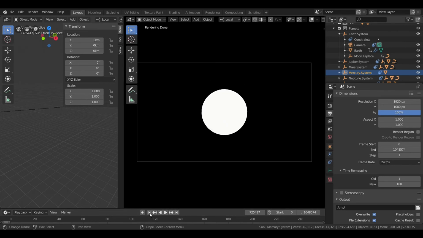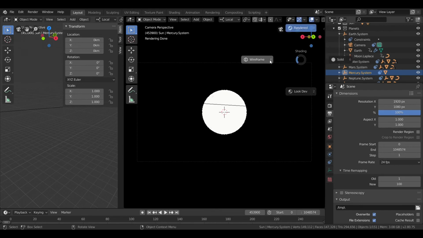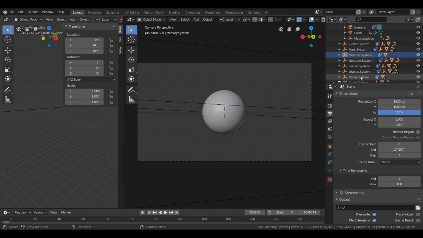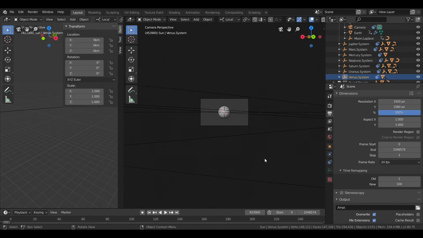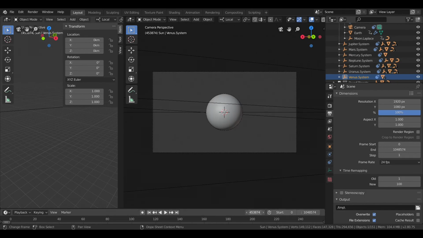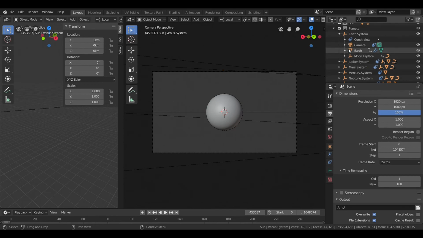And as Mercury can cross the face of the Sun, so does Venus. This happened on June 5th, 2012, so let's check it out. See if we can see Venus. Okay, it's over there, so move it back. Okay, and it seems to be kind of off.